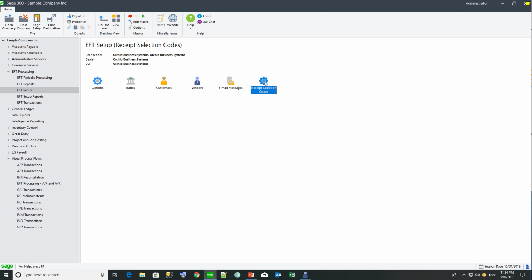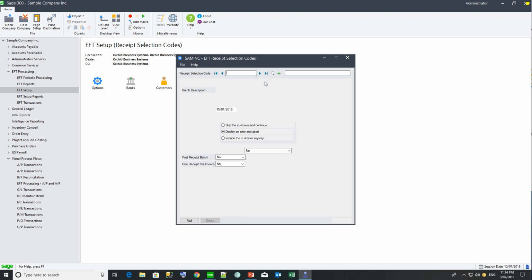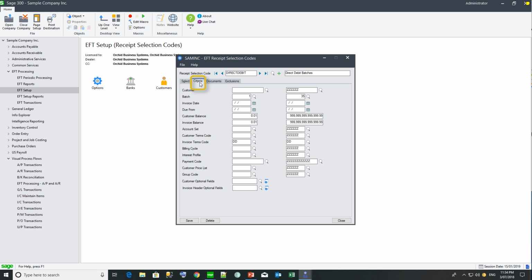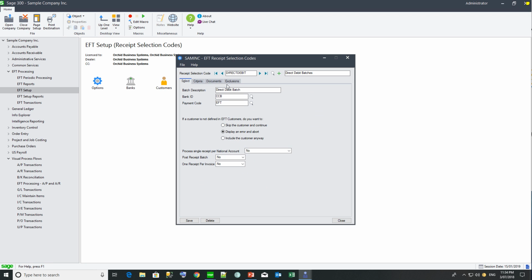And the final setup that you can do is the receipt selection codes. EFT is able to pass through outstanding AR invoices based on the criteria that you specify and create a receipt batch applied to those particular invoices. The receipt batch is created against this particular bank with this payment code. And when selecting outstanding invoices, you can specify whether or not you want to skip those customers that are not defined in EFT, or if you want to display an error and abort, or